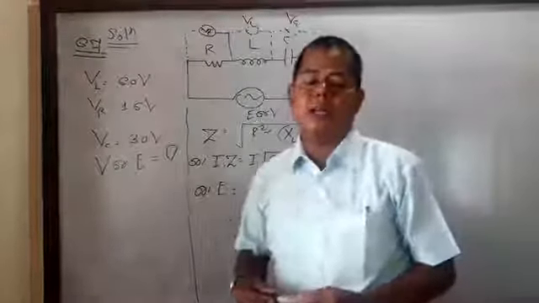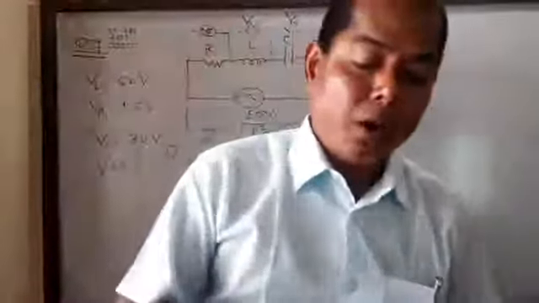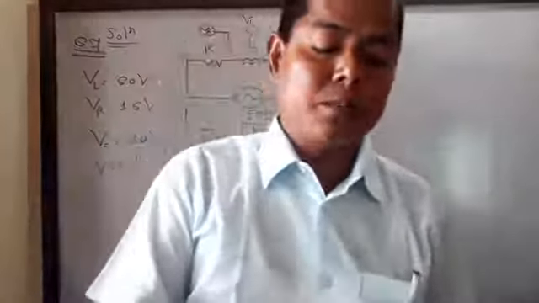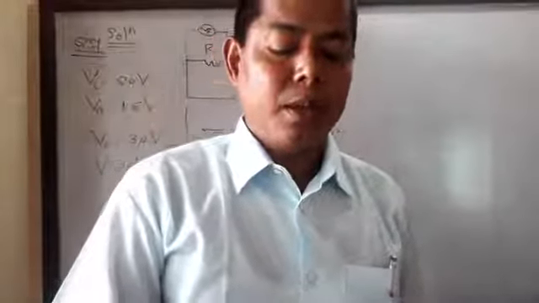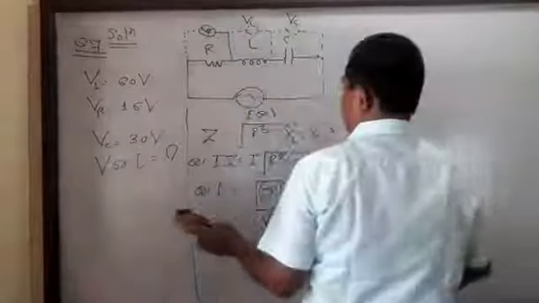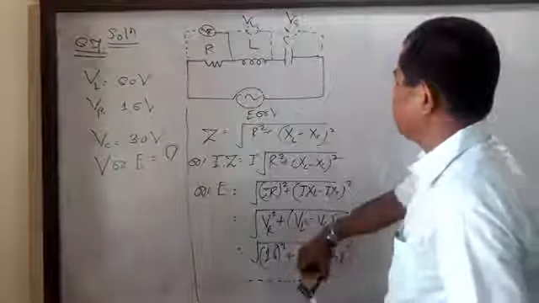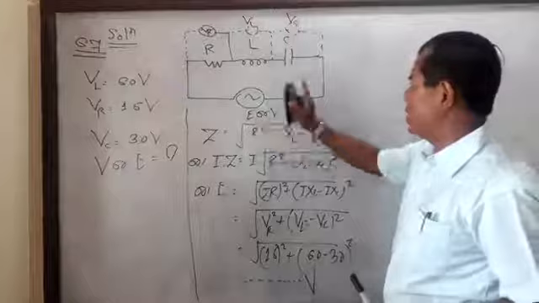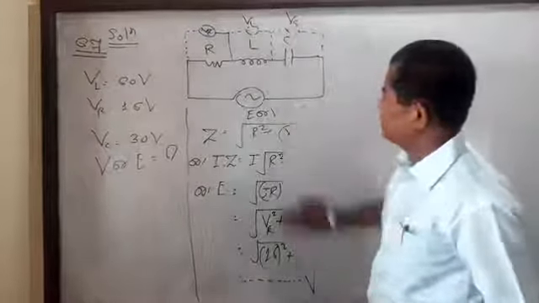Now the second part. What is the second part? What is the power factor of the circuit, meaning cos phi is equal to what? He is asking us the power factor, cos phi. This is the answer of the first part, the applied voltage or applied EMF. Now the second part, the power factor.